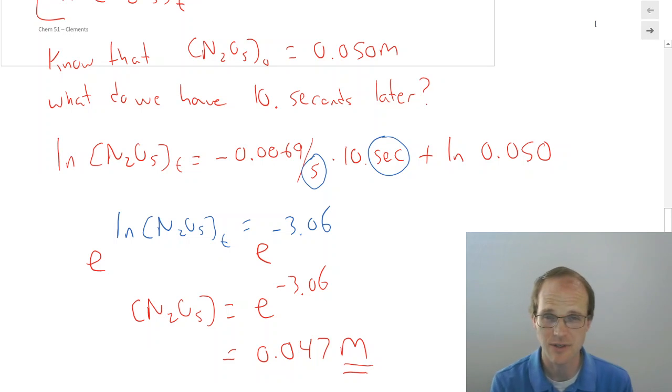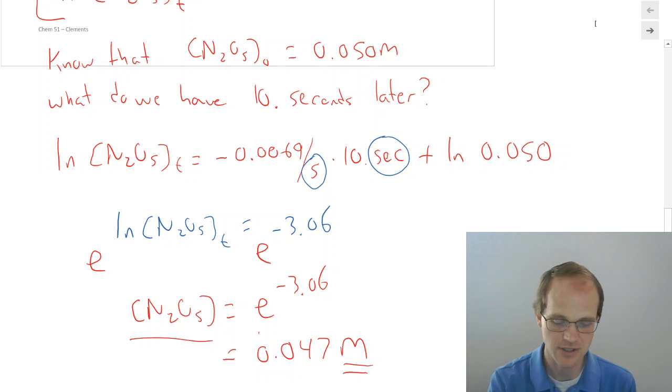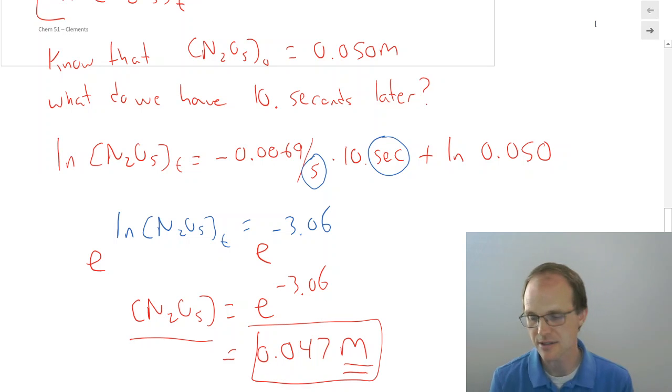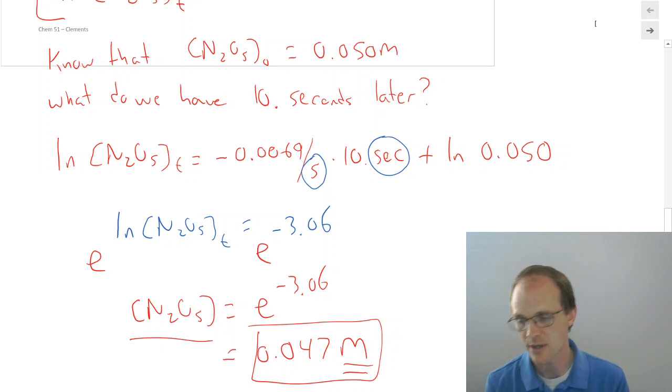It's really hard because we didn't have concentration units when we took our natural logs. We just didn't put them there because you can't take the natural log of a unit. And so how do we get that unit back at the end? Remember, there's that kind of tricky thing I said, we divide by a reference. You do get those molarities back at the end, so you've got to make sure when you're recording your final concentration that you put that molarity back on there. And so I got 0.047 molar.